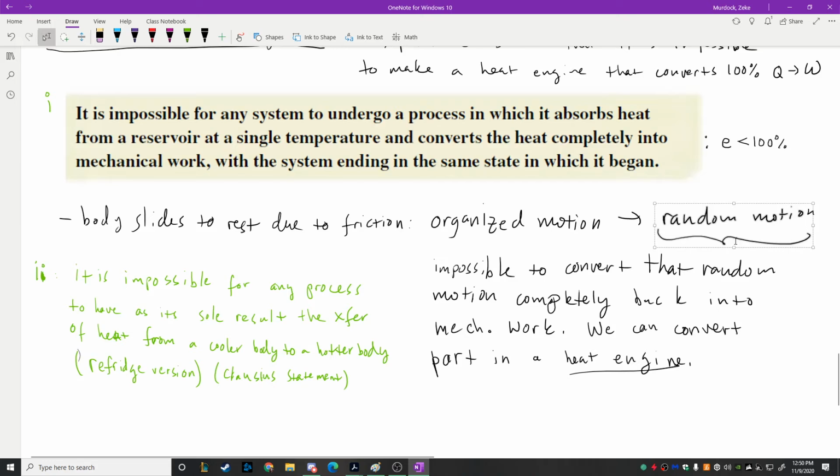Random as opposed to causal, you know? If you have motion that functions off of cause and effect, you can extract energy from it very easily, right? Water falls from the top of a waterfall down to the bottom. You can take that flow of water, its flow is caused by gravity, and you can extract energy from it very, very easily, right? Water flowing in a river, wind flowing across open plains can be converted into energy very easily via wind turbines, right? But when the motion is random,